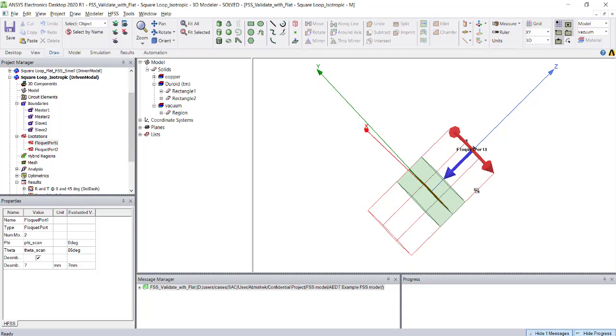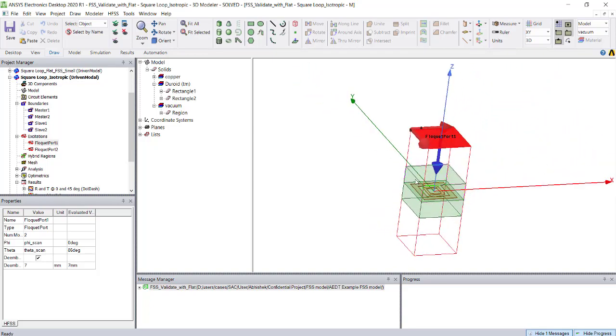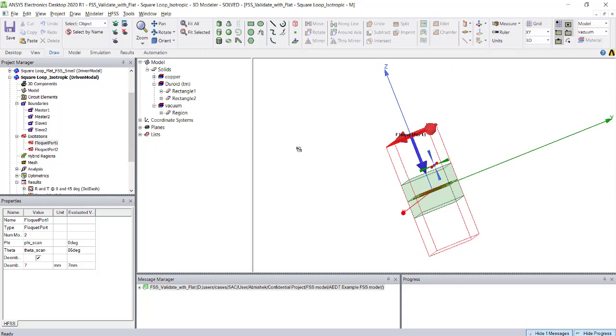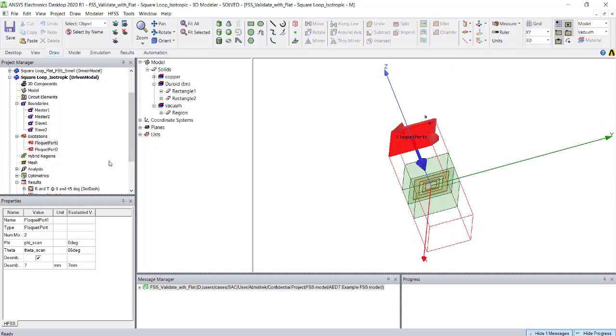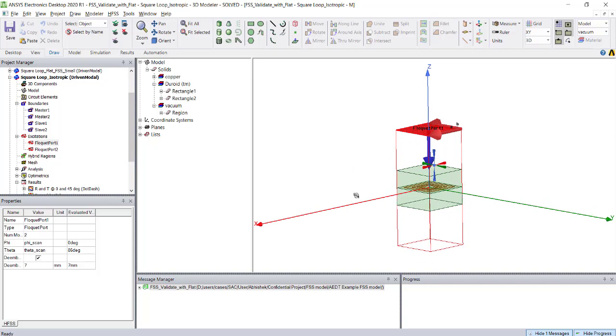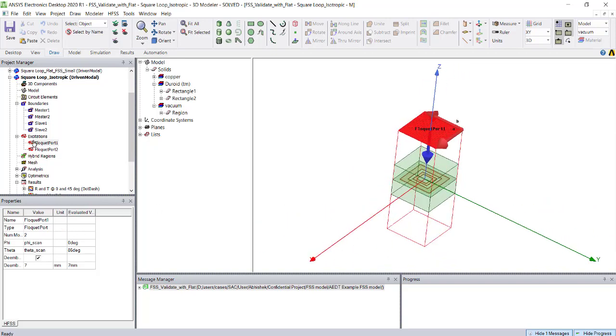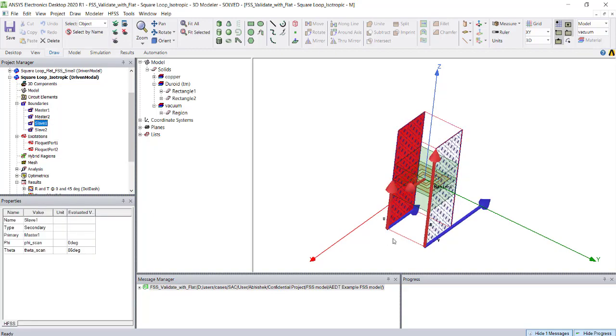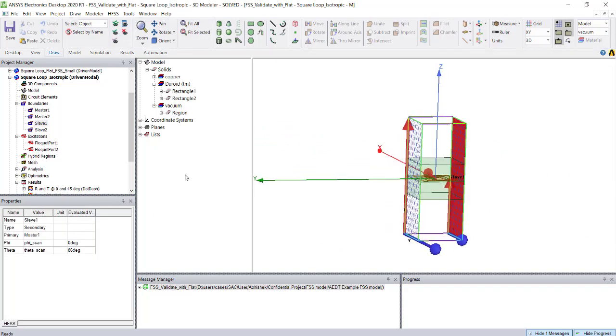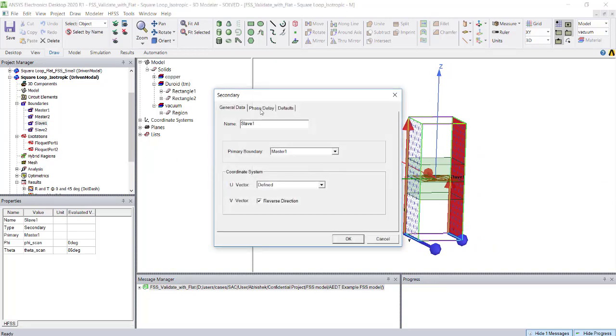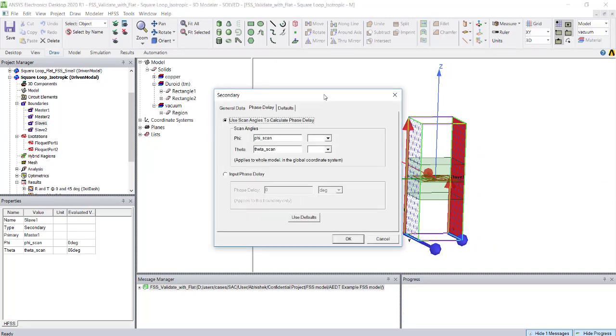Assume that in some structures the field can be incident at a different angle, especially for a curved structure like a parabola, or if you have an FSS structure on a radome; it can be incident from different directions. If you want to change the angle of incidence, you have an option in this slave boundary. If you double click on the slave, there is an option called the angle of incidence.